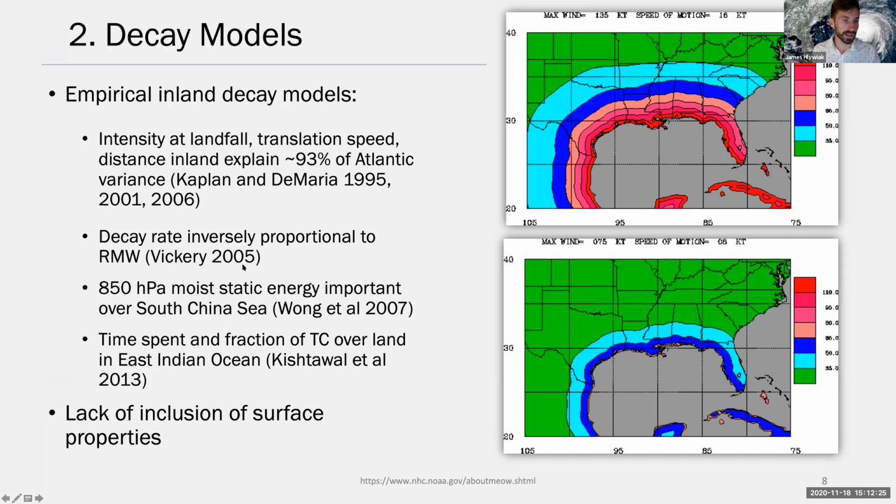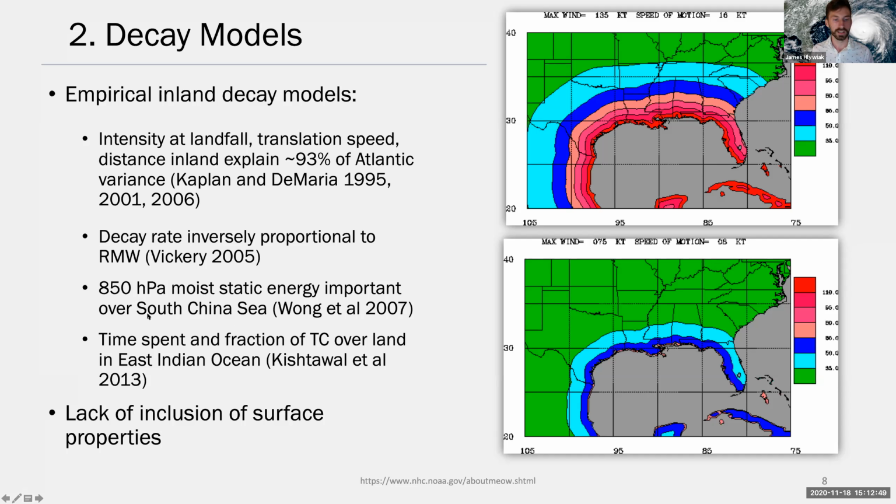Vickery et al. in 2005 similarly found that the decay rate is inversely proportional to the RMW. So the smaller the RMW initially, the faster the decay rate. Other empirical functions have been fit by other studies across the globe. Wong et al. in 2007 found that low-level moisture is important to determine the decay over the South China Sea